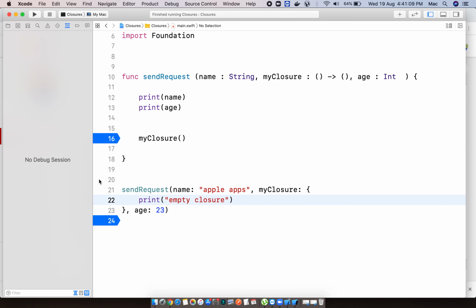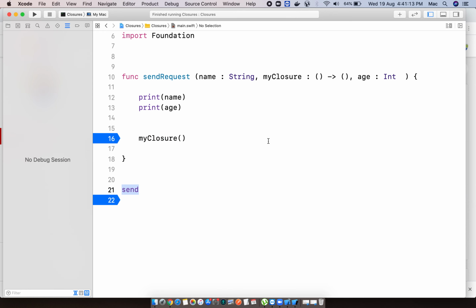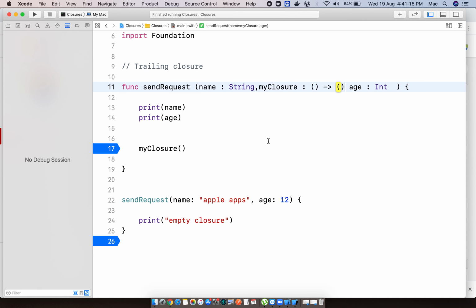Okay, now again I will give the demo on trailing closure. Trailing closure means a closure as the final or last argument. Now I would like to take a closure with two parameters. N1 is an integer.